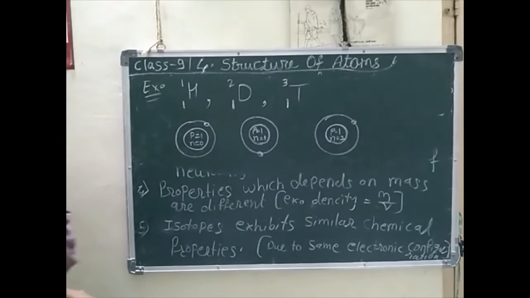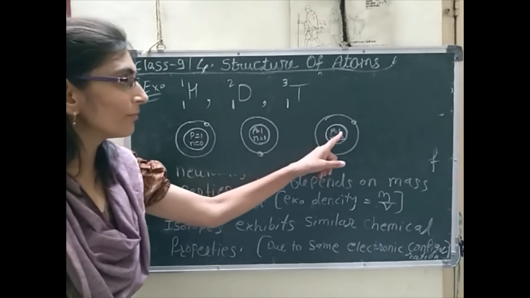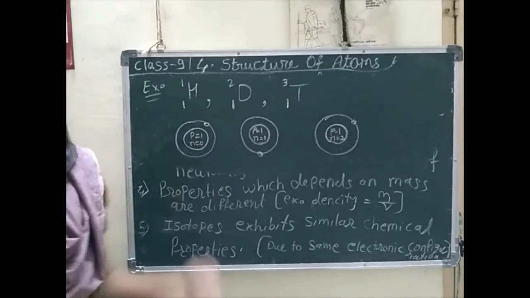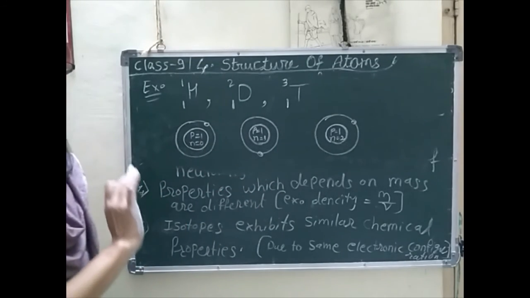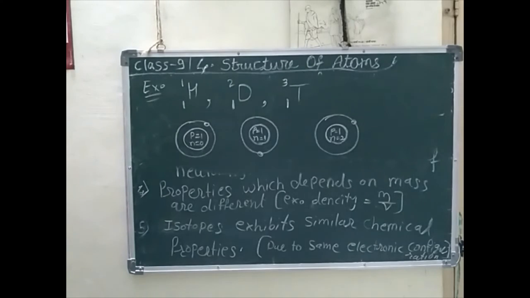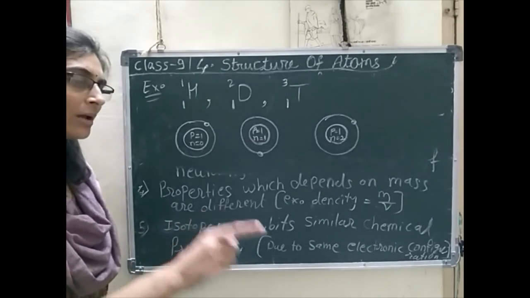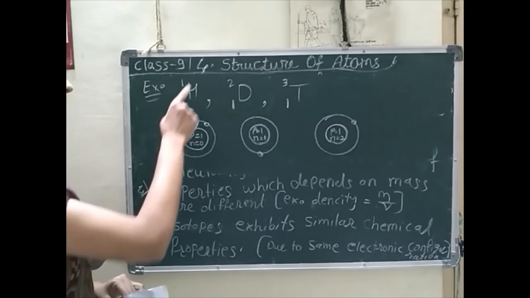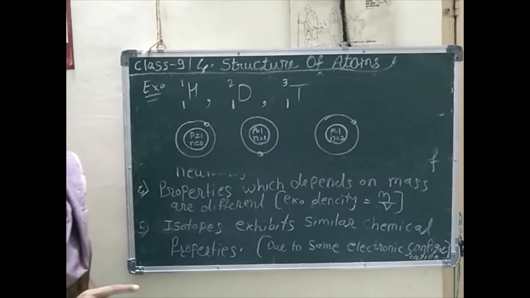So here is the difference. We can see very clearly: 0 neutron, 1 neutron as the mass number is 2, and here 1 proton and 2 neutrons as the mass number is 3. So write down all these things, these are all the characteristics of isotopes. These are very important. Again I am telling, read this topic from your textbook also, note down all the running notes and all those points in your notebook, and prepare this topic very well. Okay, thank you.